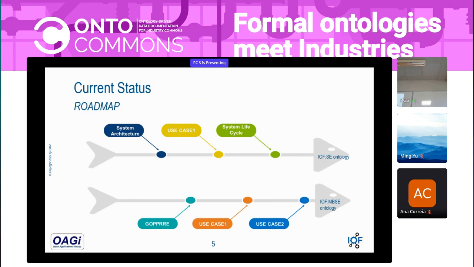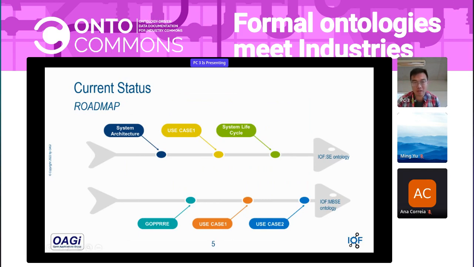Another aspect is that we propose some initial ideas about how to define the MBSE models. We have some papers and some case studies, and it has already been used in Airbus and in some other European projects. I will introduce something later. So we have these 2 roadmaps, in order to define the systems engineering ontology and the model-based